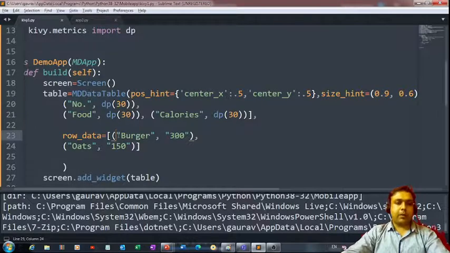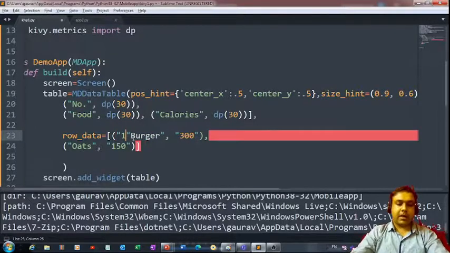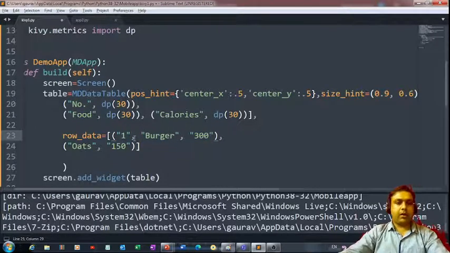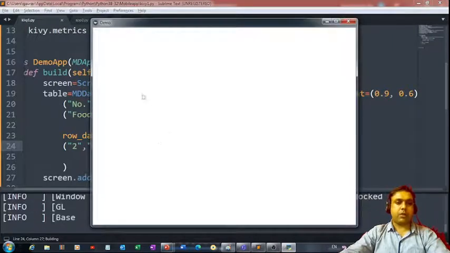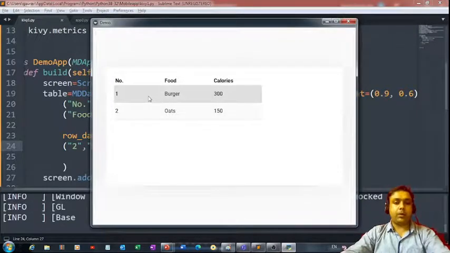So what we can do, we can come inside this tuple and have a value over here in the first row for this number, and similarly we can have some other value for this food in the second row. Let's save the changes, and now if you run the code, this is what you will get as an output, and the window will not close automatically the way it was happening earlier. Right, so it's looking much better right now.